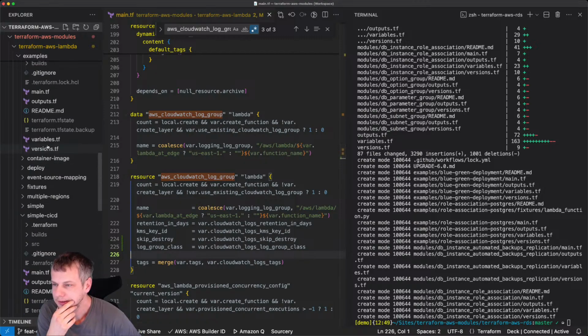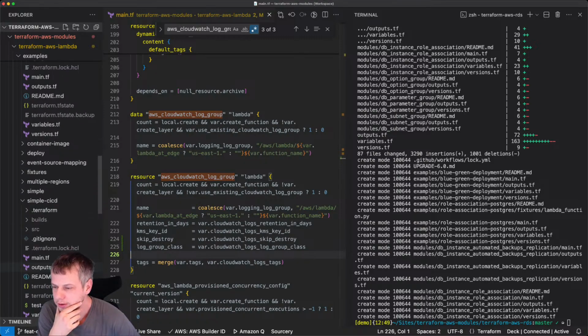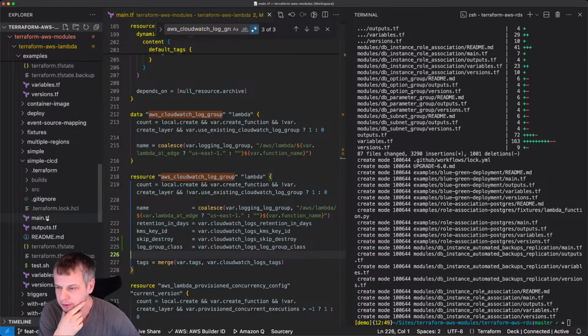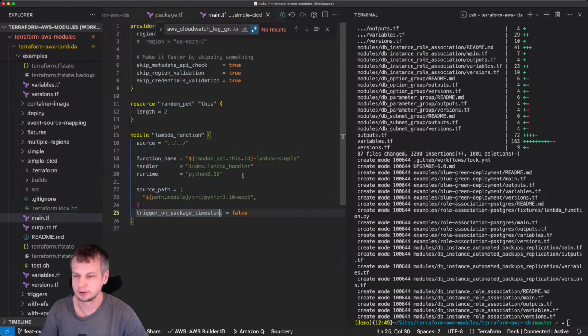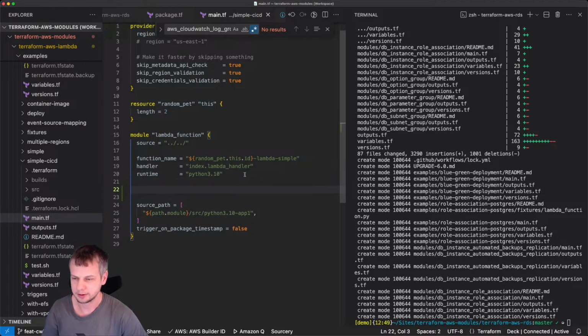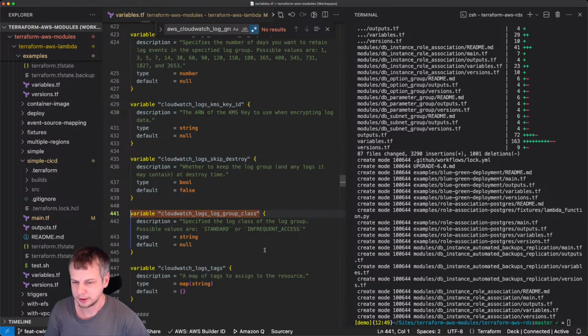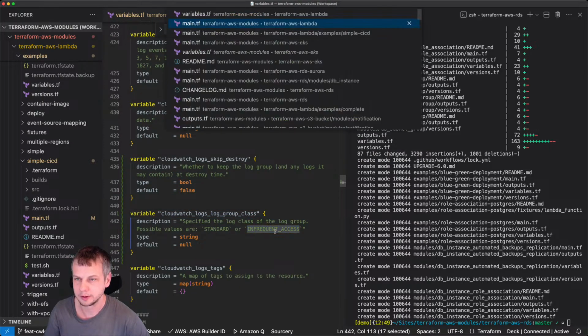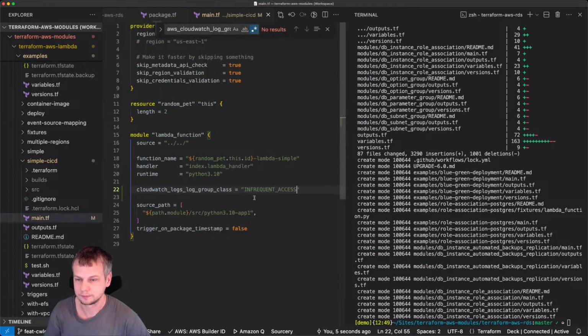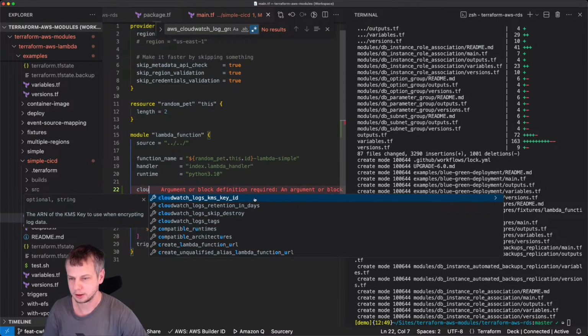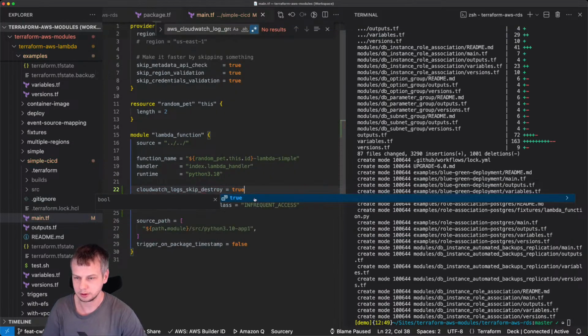Where can I change it? All right. So I'm inside the simple CI/CD folder, and somewhere here I want to customize this, and I want to say CloudWatch log class. What are the expected values? Infrequent access. And another one, which is CloudWatch skip destroy, will be true.